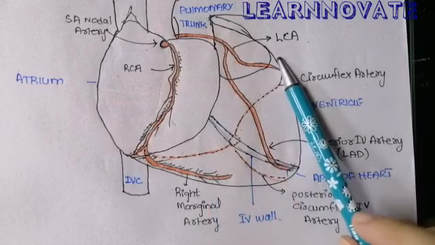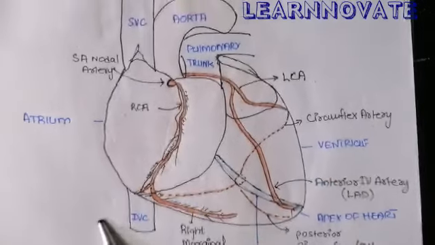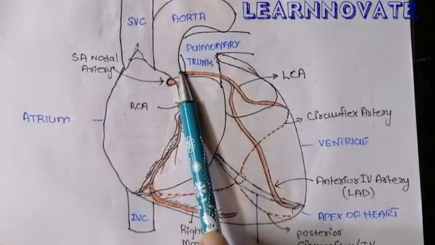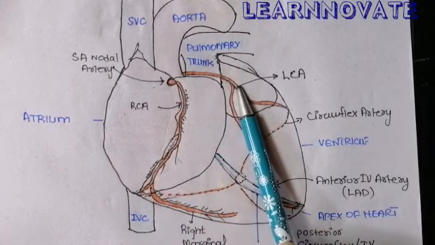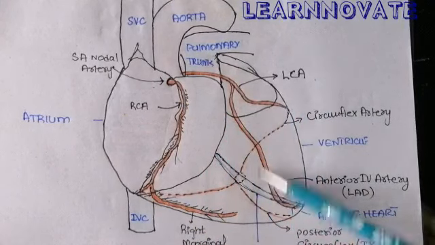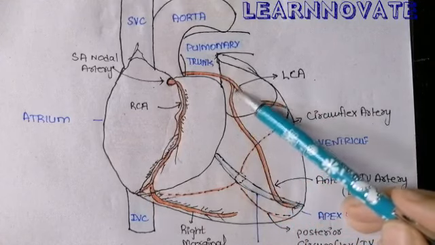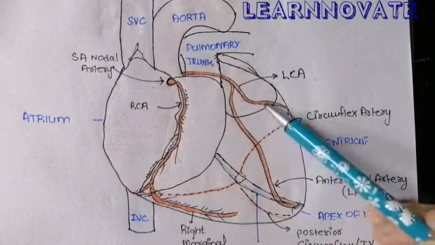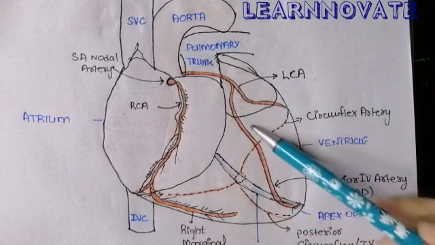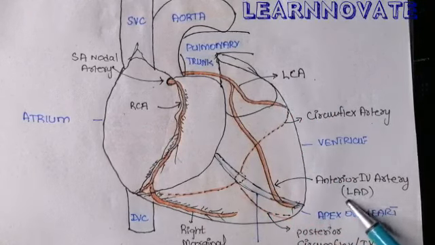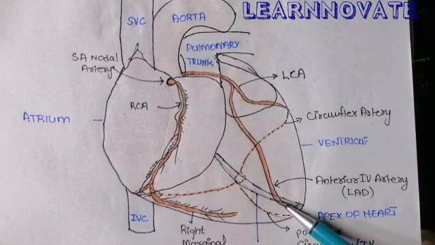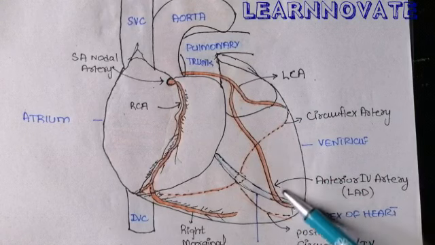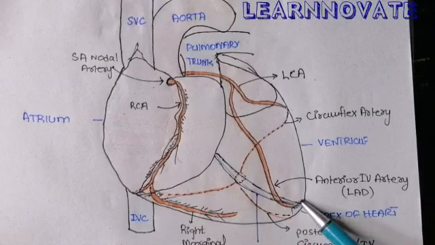Now we are going to come to the left coronary artery. The left coronary artery, here you can see, arises directly from the left aortic sinus, and it passes in the AV groove. It first gives the anterior interventricular branch and the circumflex branch. At the level of the atria, it divides into the circumflex branch and the anterior interventricular branch. The anterior interventricular branch passes on the anterior side of the interventricular wall, supplies it, and also anastomoses at the apex of the heart.